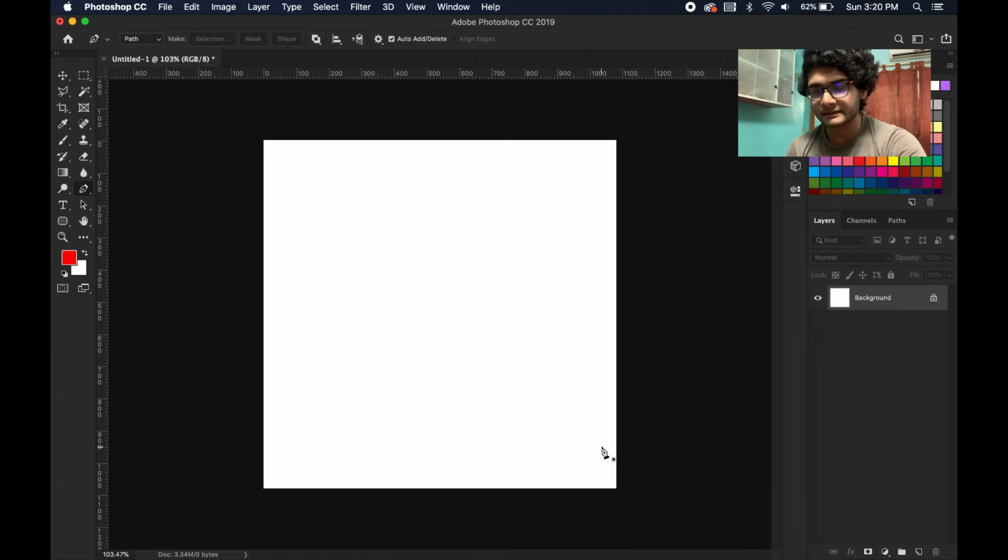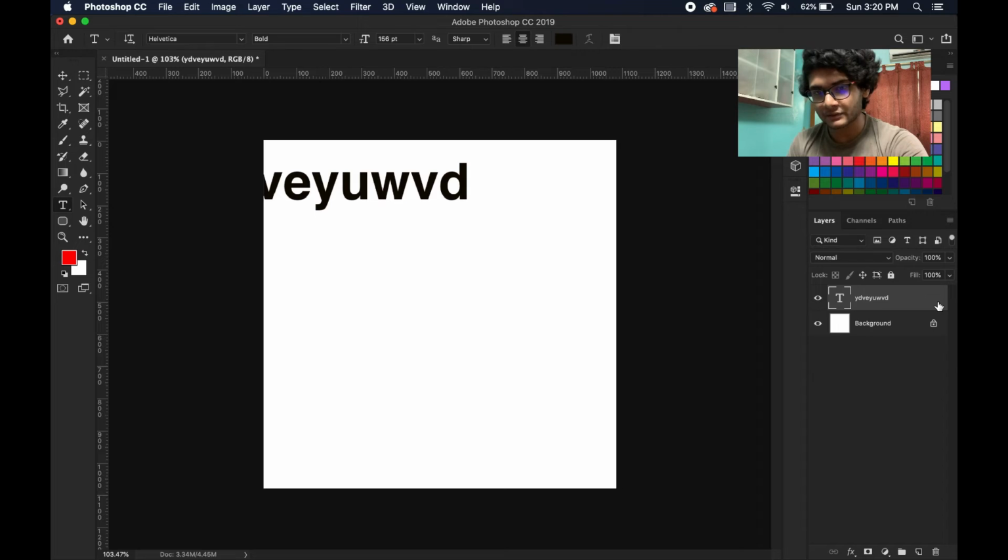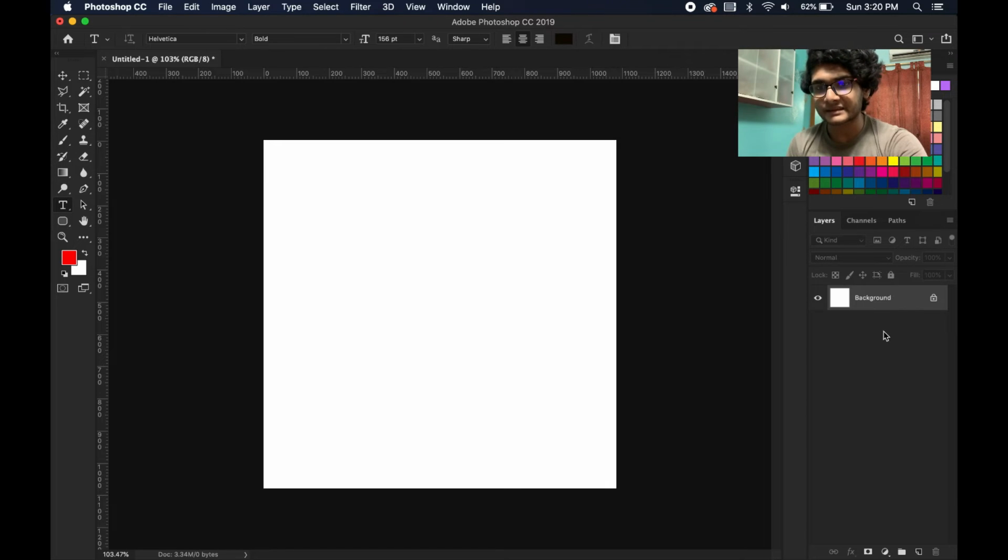This is the text tool, and this is the easiest tool. You just need to click here and type whatever you want. This is exactly what you should expect from the text tool. And this is a selection tool, the path selection tool and direct selection tool, and the shortcut for this is A. You need the path selection tool or direct selection tool to manipulate the shapes or different kinds of elements after making them. If you want to change the path or element after making it in Photoshop, then you can change the shape or the structure of those elements. That's why you need the direct selection tool or path selection tool.